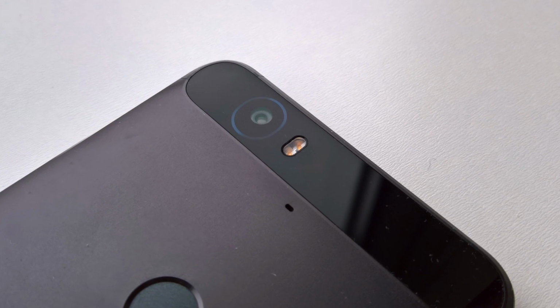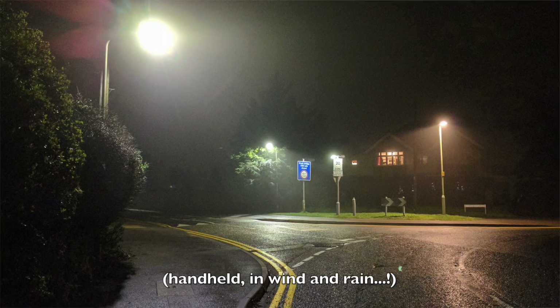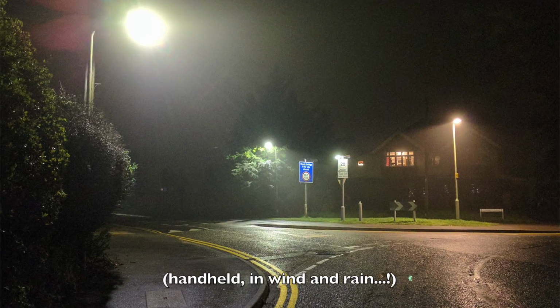Look past the lack of OIS in the camera, with the latest generation of Google's stock camera app offering HDR+ software that can all but eliminate blur from a shaking hand. And then focus on the positives, like the excellent screen and the speakers. And the fact that the Nexus 6P